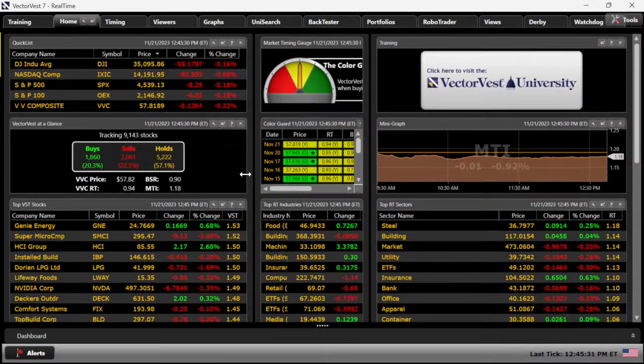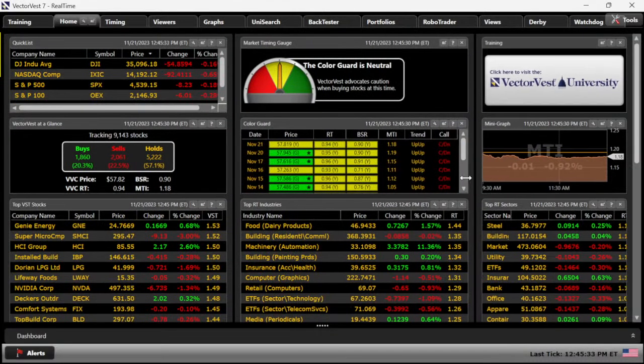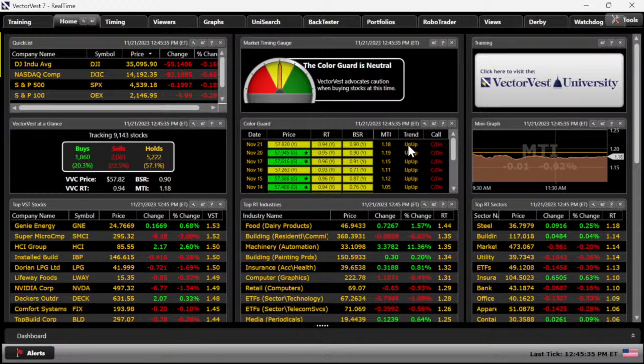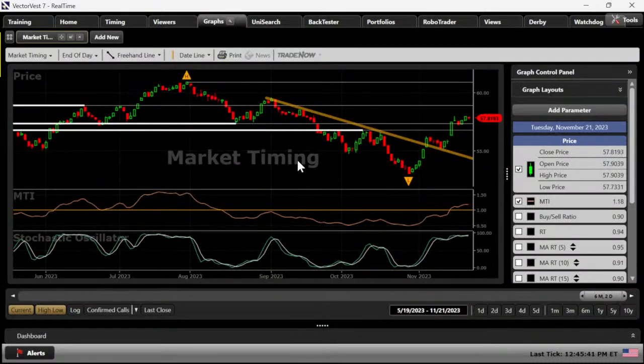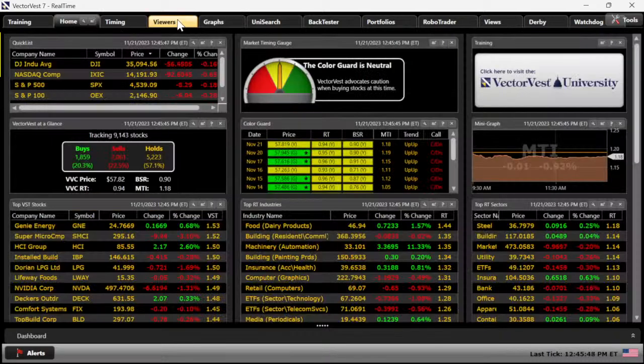I know the stock market's down a little bit today, but it's been trending up nicely. The trend is still up. Short-term trend up, underlying trend up. We're saying use caution moving forward. Another up day tomorrow. All systems go. We're continuing to move higher. So you always want to consider market direction first.